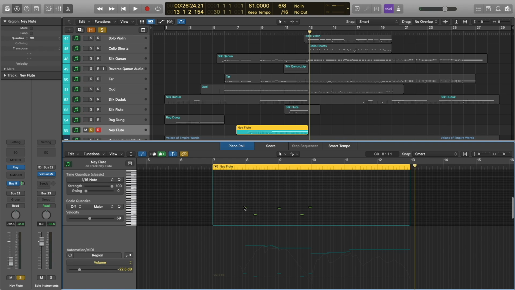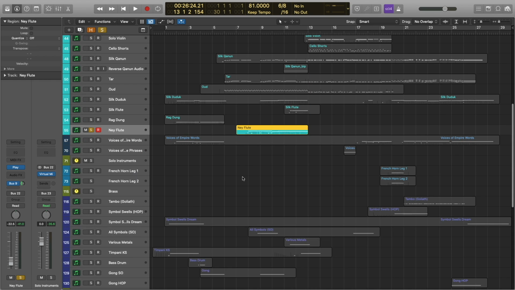And later on, you can go ahead and match up these key switch notes to the articulations in the patch, but we just don't have time to cover it in that amount of detail right now. But you've got all the information that you need to figure that out for yourself.